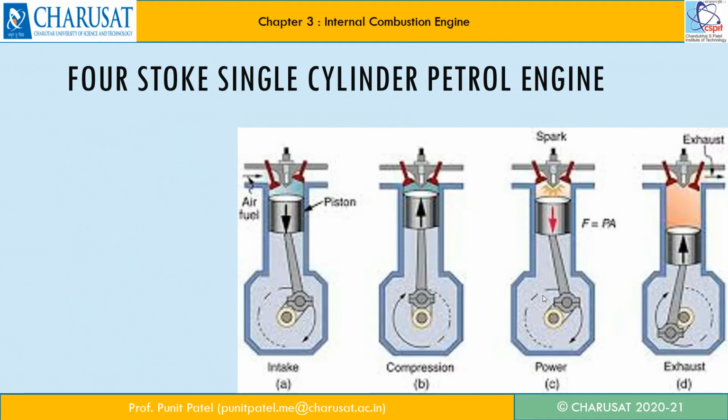So let's start with the four-stroke single-cylinder petrol engine. Just imagine, suppose you have a two-wheeler, a motorcycle or a scooter. You have that particular engine and you just observe how it's working. The petrol engine works on Otto cycle. It uses a spark plug to ignite the air fuel mixture, so they are SI engines. Here we have a spark plug and this is known as an SI engine. Why? Because it's a spark ignition system.